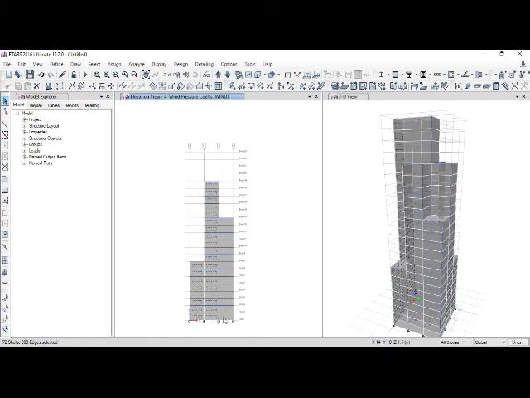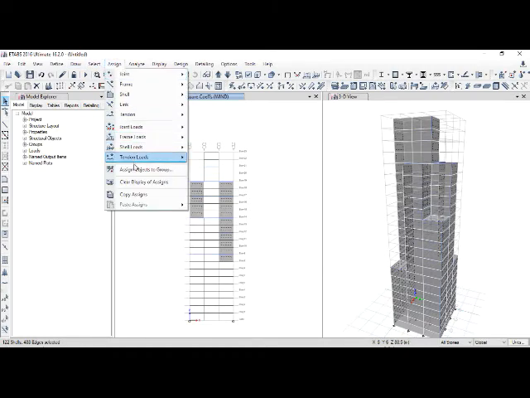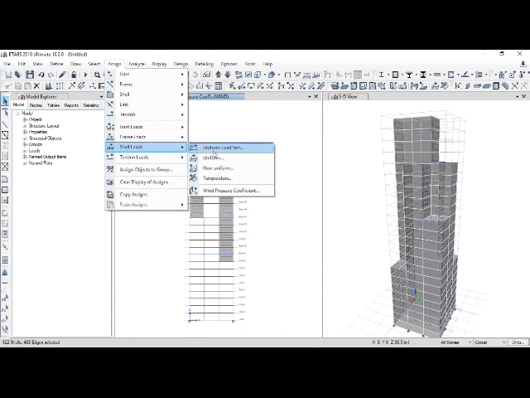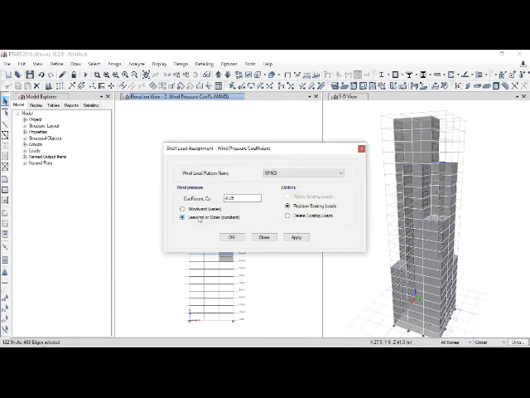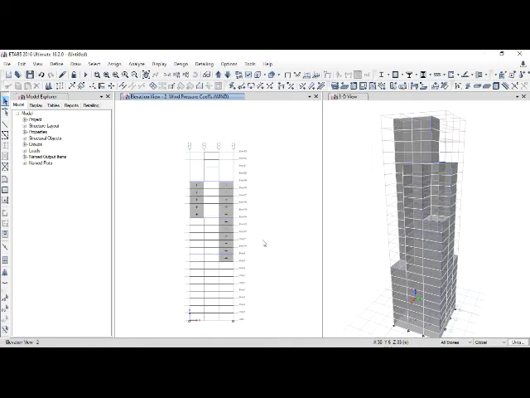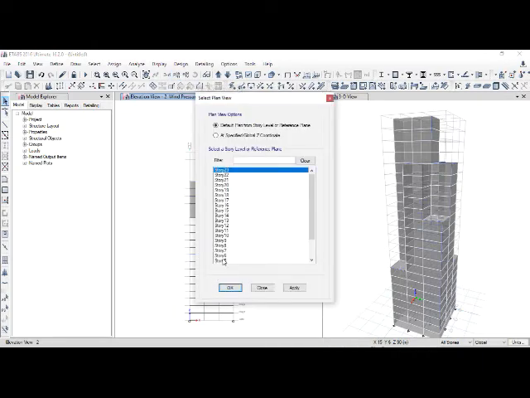Faces 1, 4, 2 and 3 will have similar coefficients, so we are going to select everything at a single instance only, so that we can apply it easily. The coefficient for this is minus 0.8 and the option is leeward side. Click apply and OK. So now we have applied all the wind loads on the claddings from story 1 to